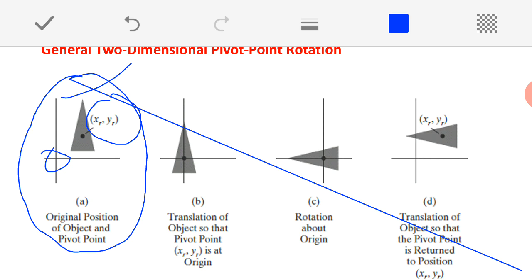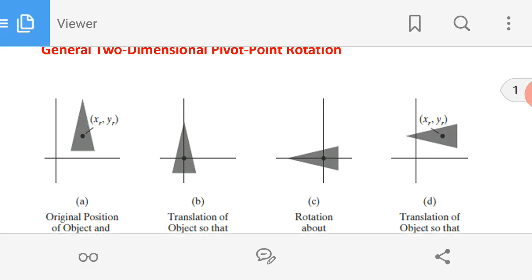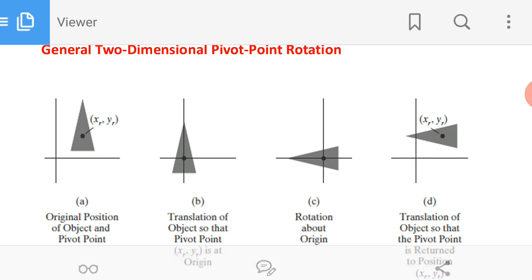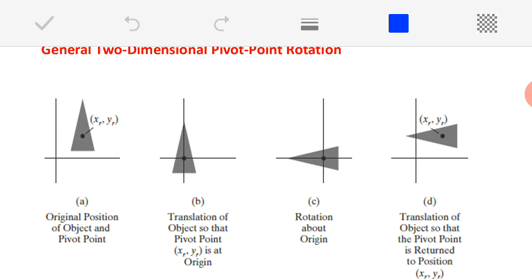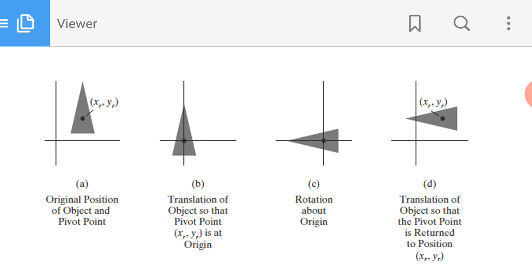The problem here is that we have already derived the matrix for rotation about the origin, but we do not know the matrix for rotation about a pivot point other than the origin. So we need to derive that matrix today. That is the purpose of this topic. For that we need to apply 3 steps. Whenever you want to perform rotation about a pivot point, a point other than the origin, you have to apply these 3 steps. We will see them one by one along with the diagram.